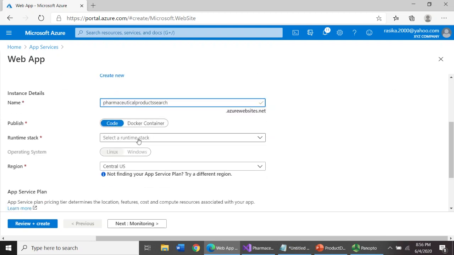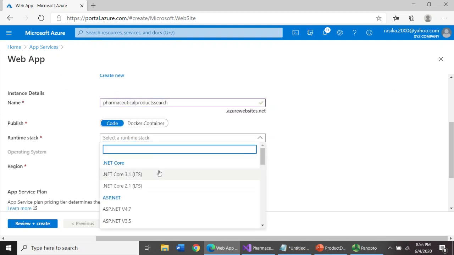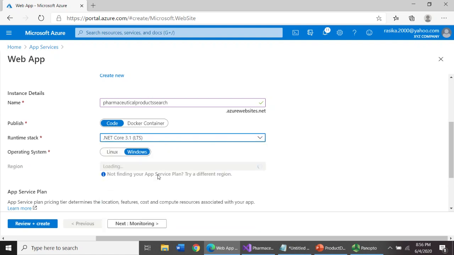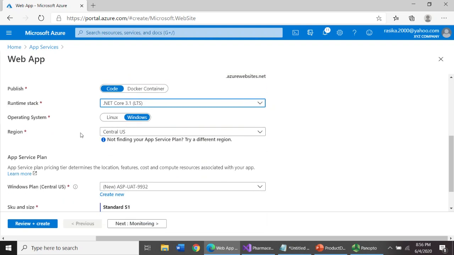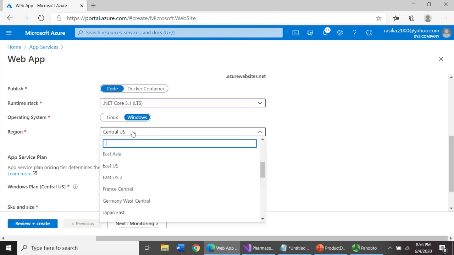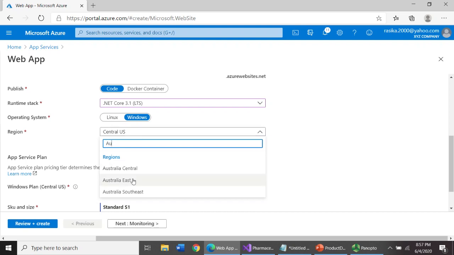and then you have to select the runtime environment. This application was developed by using .NET Core 3.1 version, so I will select that, 3.1. Then operating system, you can select either Windows or Linux. I will select Windows. And for the region I will select Australia East,